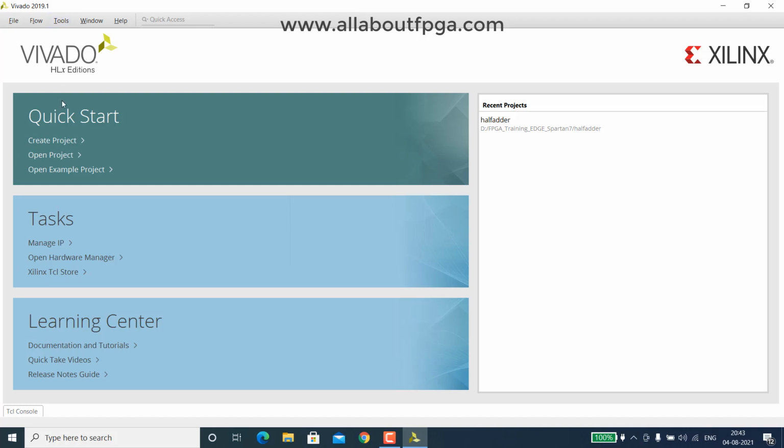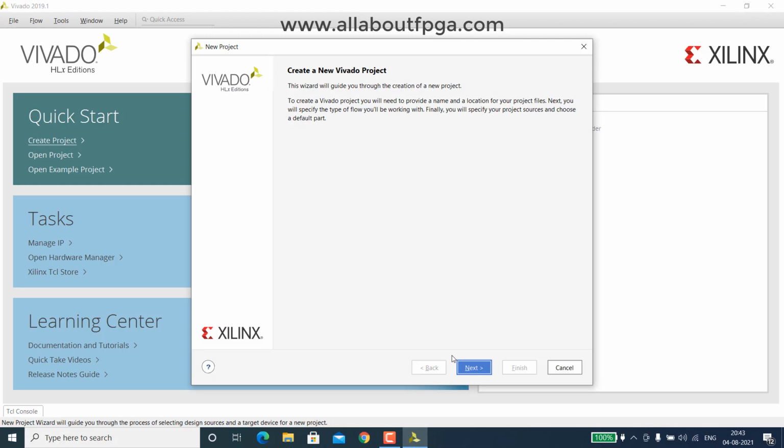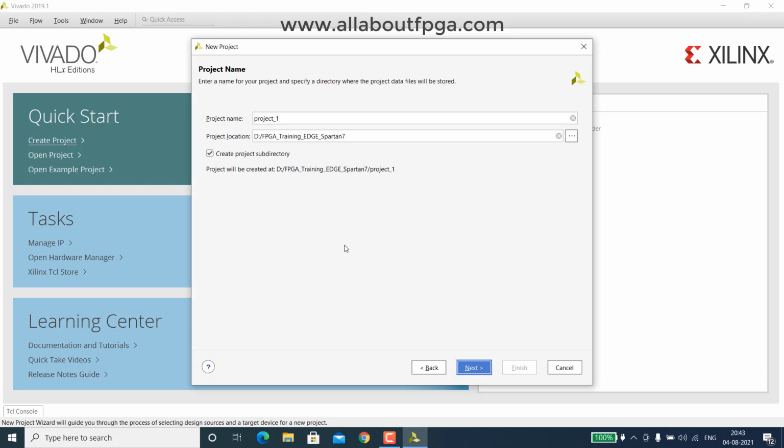So this is the Vivado software in which we have to select Create Project under Quick Start and create a new project, in which we have a project location, which was mentioned as a D drive with FPGA Training Edge Spartan 7.